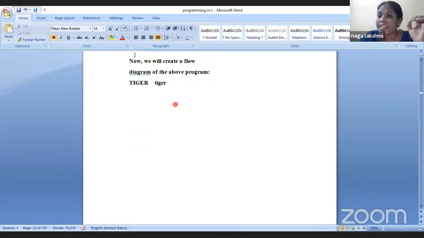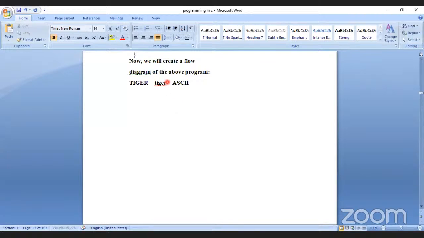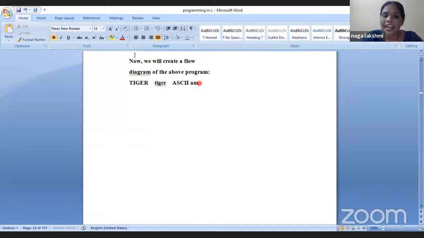Each and every letter has a certain code in the C language. And who has given this code? The ASCII people developed it. ASCII stands for American Standard Code for Information Interchange. As I have told you, the computer will not understand the English language. It will understand only machine language. Whatever sentence or words I type in English are going to be converted into zeros and ones. So they have to opt for one coding for each letter.